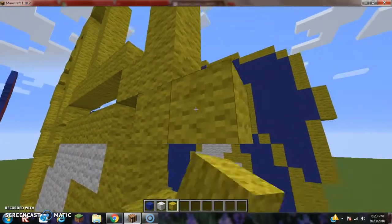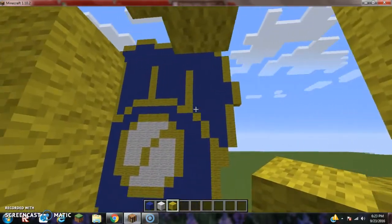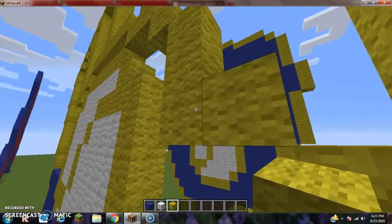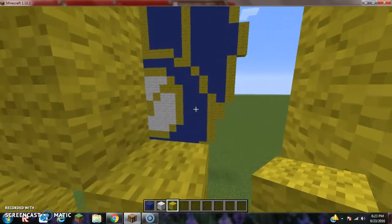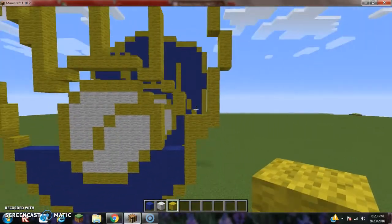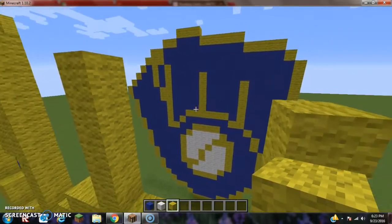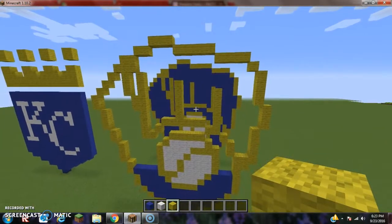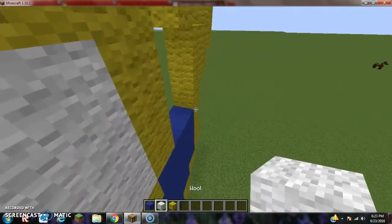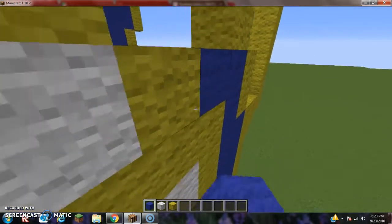Do 2 bottom right diagonals. That's 1 and 2, right here. Then we are going to go down by 1. Do a bottom right diagonal, and you're actually supposed to just do it like that. Alright. So by now you have actually got the frame, the outer shell, taken care of. You've actually completed it. So now what we want to do is fill in this thing here